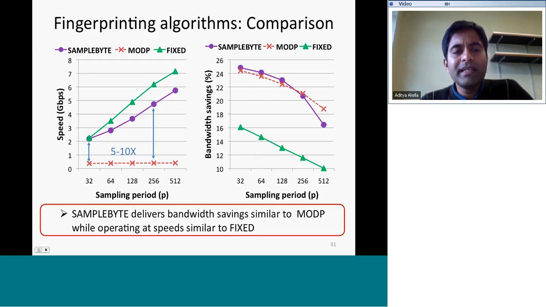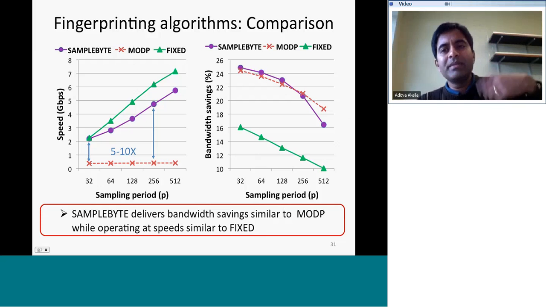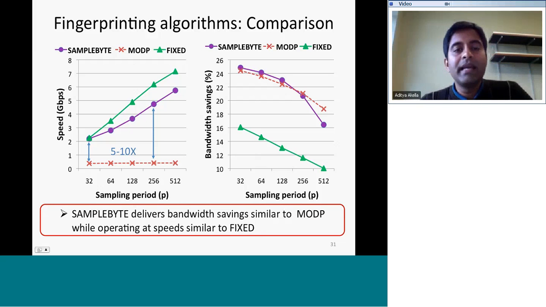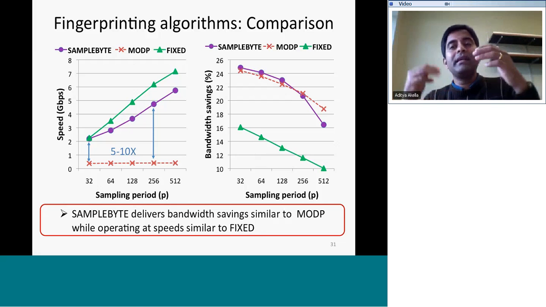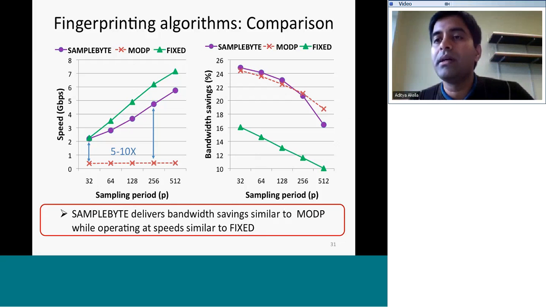Obviously, as your sampling becomes less frequent, your speed increases, except for MODP. Notice that the speed stays the same, and the reason is MODP, if you remember, had to calculate a hash for every byte in the packet, and then it samples. By coupling these two things tightly, you're not really gaining any flexibility with respect to being able to tune the overhead imposed by fingerprinting.